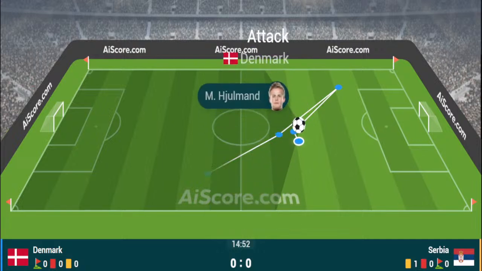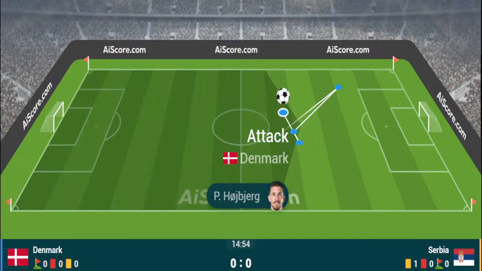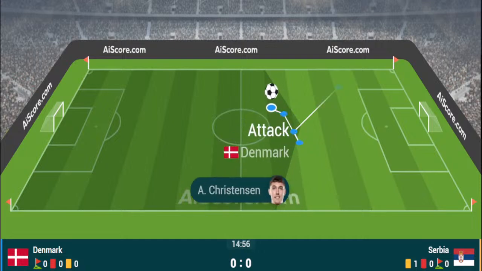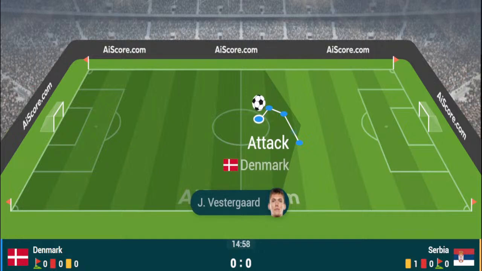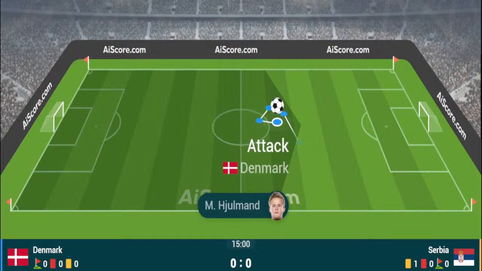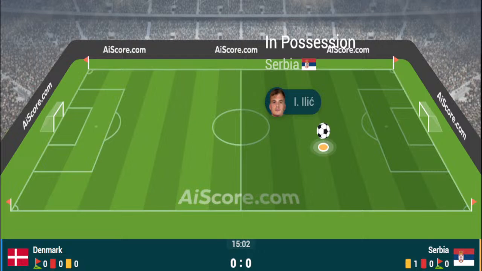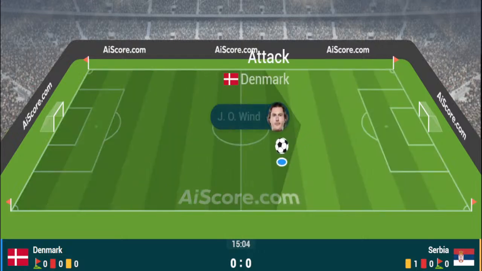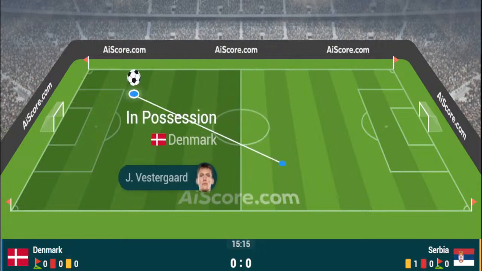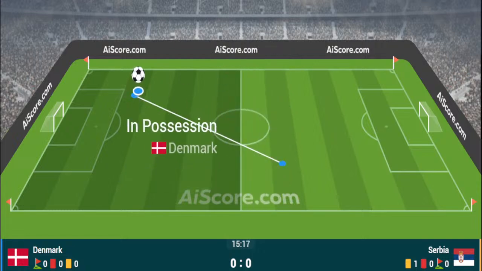Samadzic does gather once more, and it is now Serbia who are enjoying a little spell of possession, and Lazar Samadzic, the Udinese man, is another player who's had a really good season domestically, and now's an opportunity for Serbia to come forward, and everyone behind the ball for Denmark, except for Rasmus Højlund, it should be noted. Here comes Serbia inside the penalty area, but Denmark just have the bodies back there to pacify the danger.